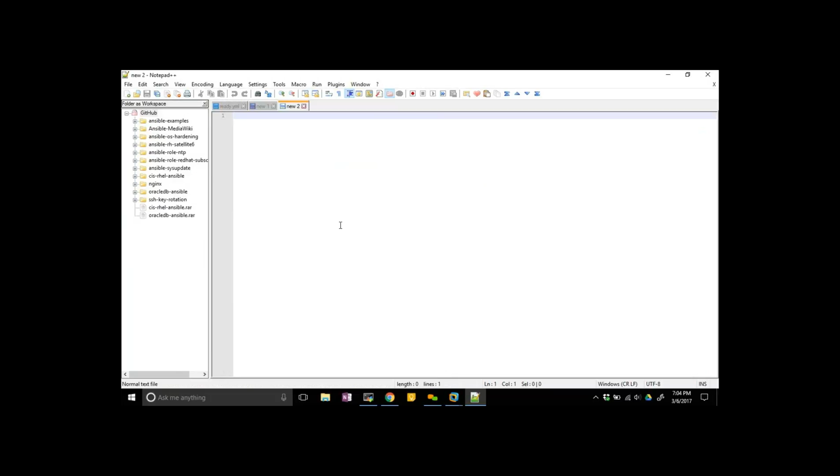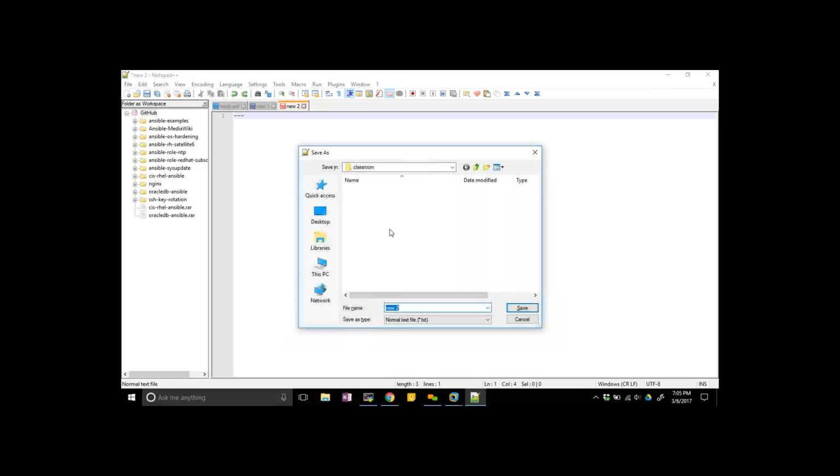An Ansible playbook can be written in a single YAML file. The YAML playbook starts with three dashes, three hyphens, at the start. This denotes that it is a YAML file. Just as in C language you write include, in the same way YAML starts with three hyphens, three dashes. Then let's save this file as a YAML file.